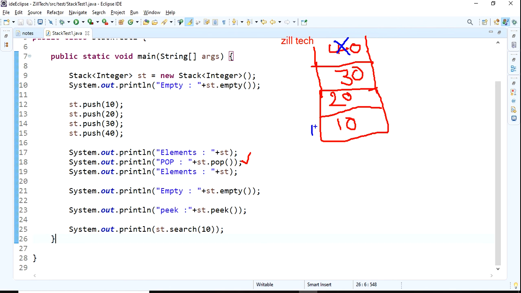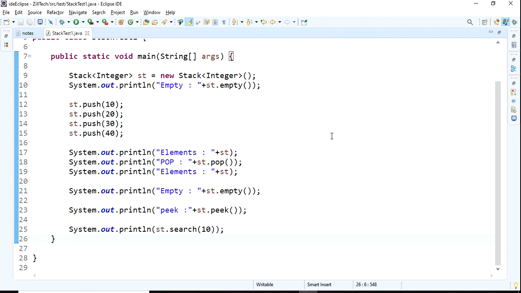Assume we have only 3. The stack is not empty and the peek is 30. Okay, we are getting the answer as 30. I am searching for 10. The stack will search from the top to bottom. First it will search here. No, it is not a 10. Here it is not a 10. And here is also not a 10. And here we have a 10. Which position is 10 in? 1, 2, 3. It's the third position. It is going to print the position.